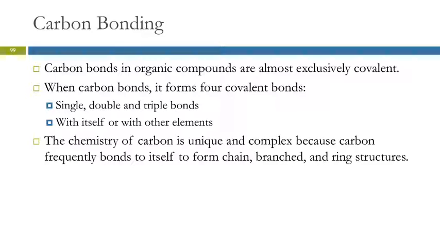And so the chemistry of carbon is unique and unusually complex because it often forms bonds with other carbon atoms and can make long chains of carbon atoms with other atoms on them, or different branched and ring structures. It's like a really cool building set that you can build all kinds of really neat stuff with. You can't make just this one particular thing.